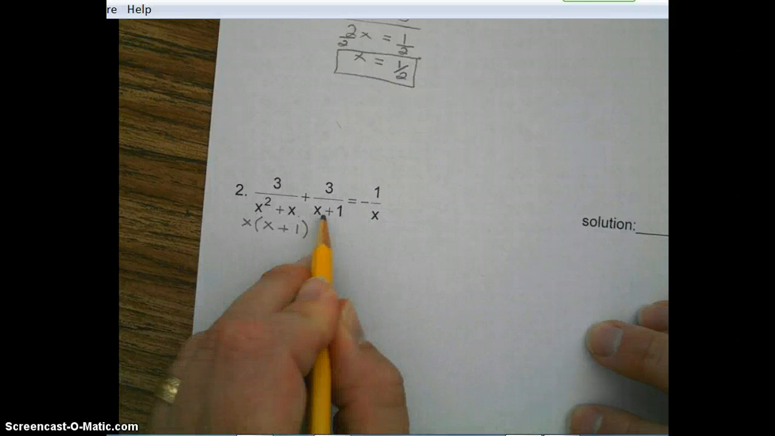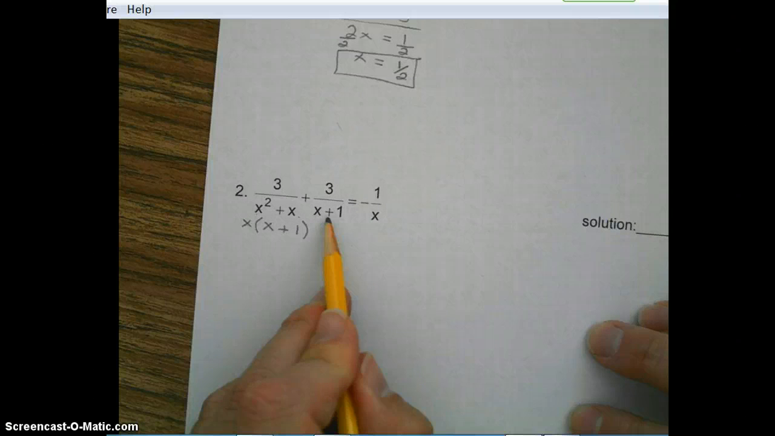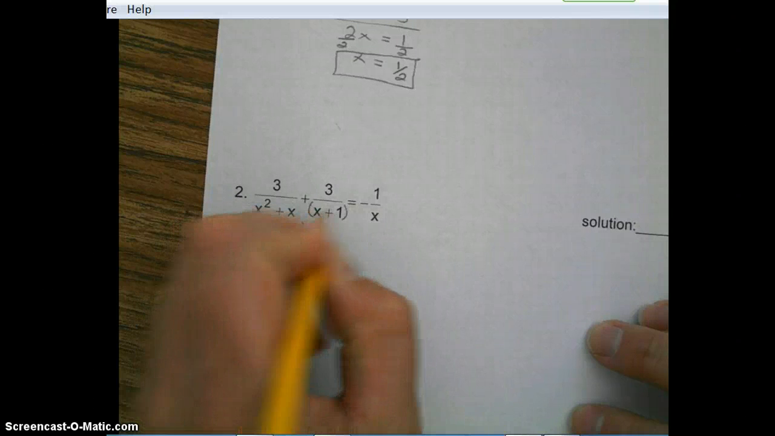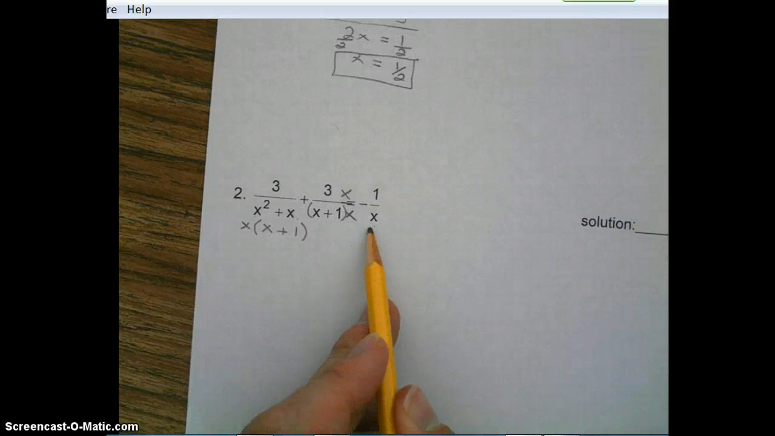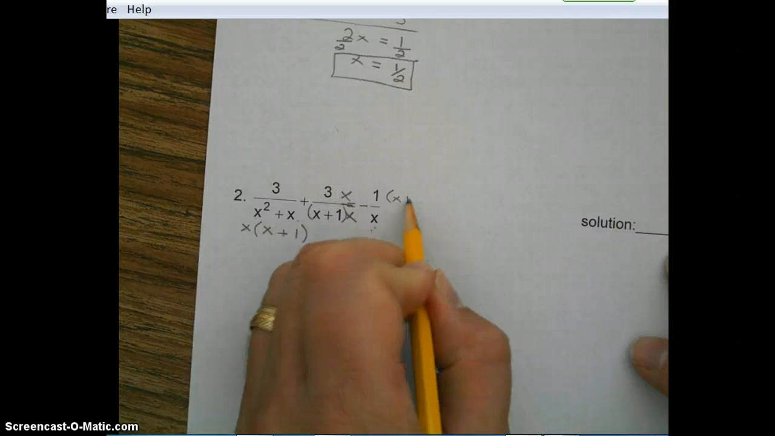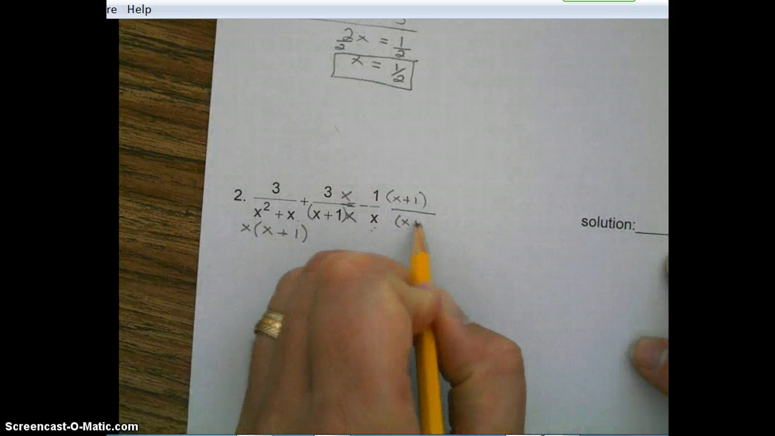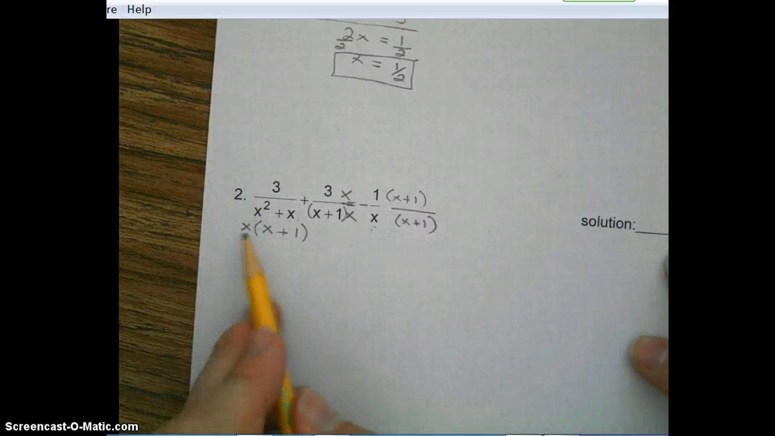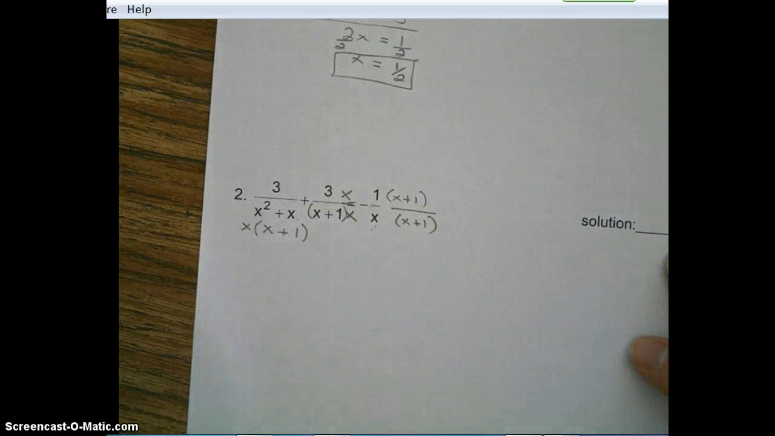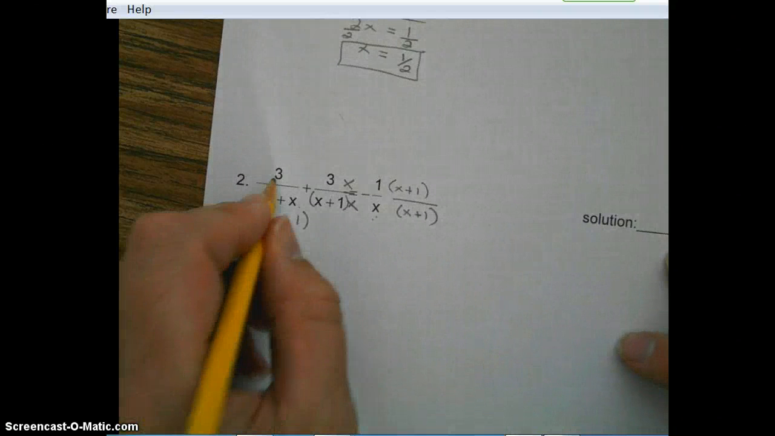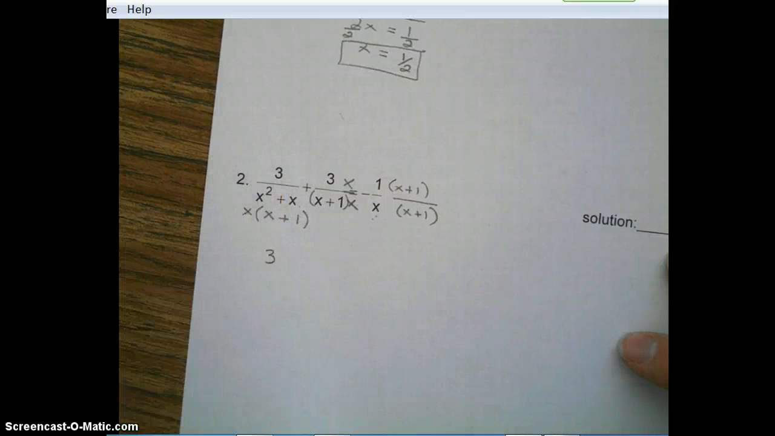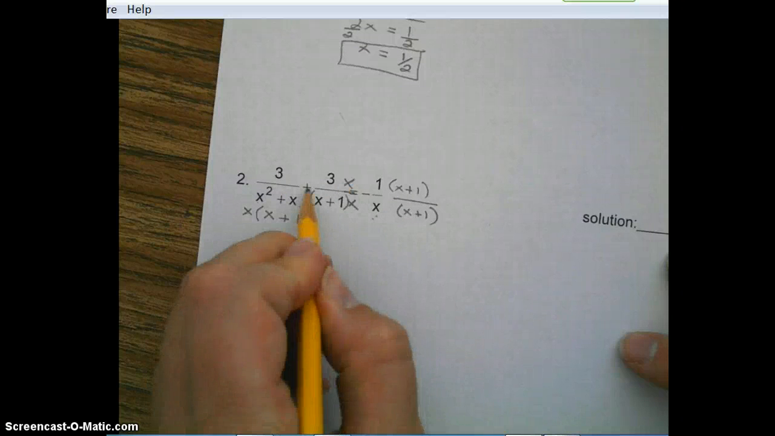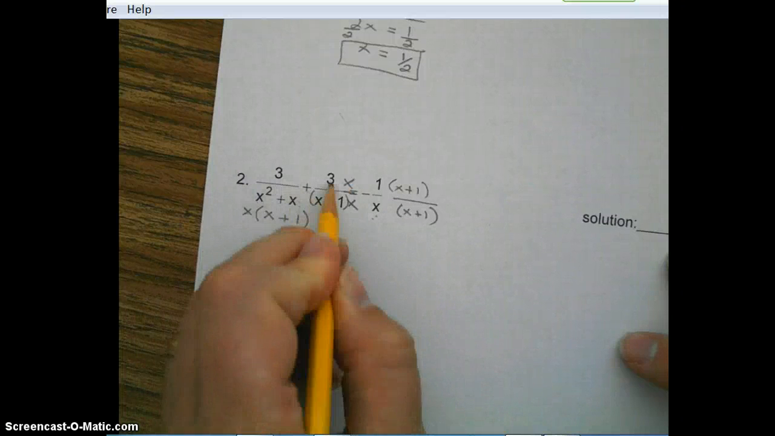Do we need anything else? Nope. Alright, this one has an x plus 1. Do we need anything else? Yes, we need an x. Okay, this one has an x. Do we need anything else? Yes, we need an x plus 1. There, we got a common denominator of x times x plus 1 all the way across. Alright, so we're going to get, let's take a look here. This one was fine, so the 3 stays the same. This one needed an x, so we're going to have plus 3 plus 3x